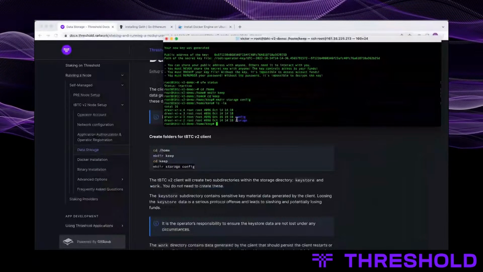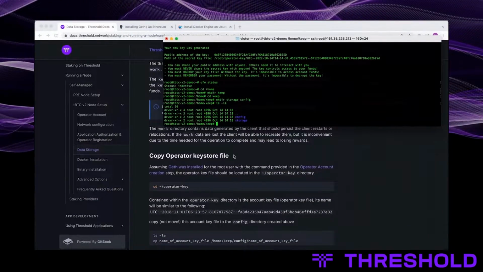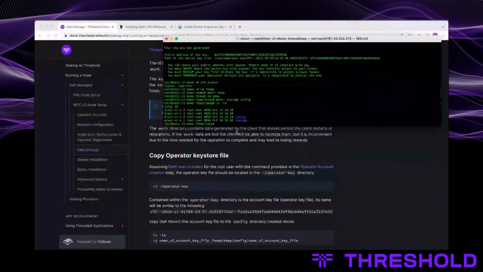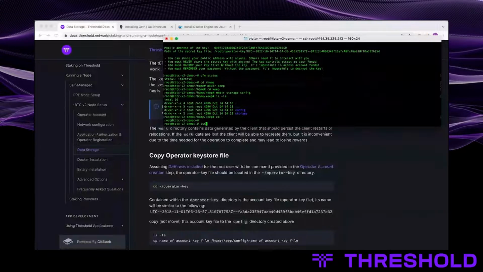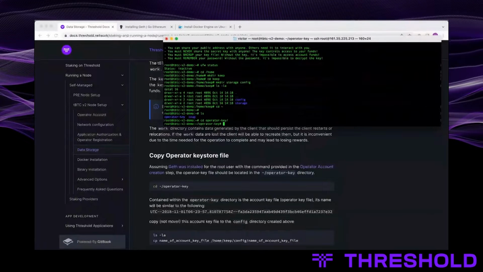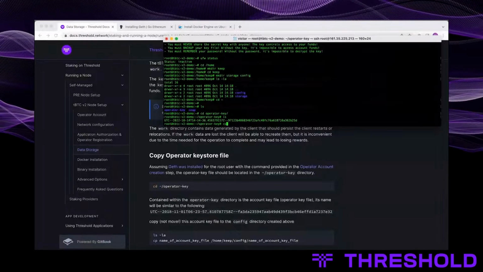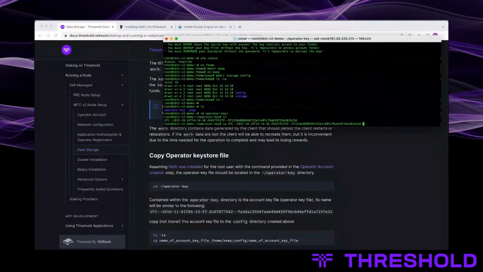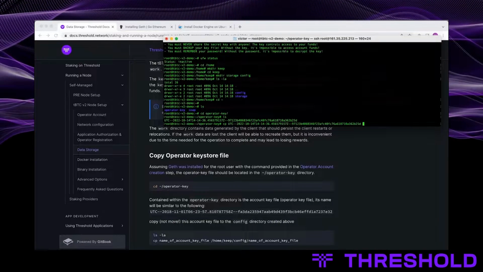So we have a folder structure set up now. And then this part here is going to copy the operator key file into the config directory. So let's go do that. So here's the file. We're going to copy that.